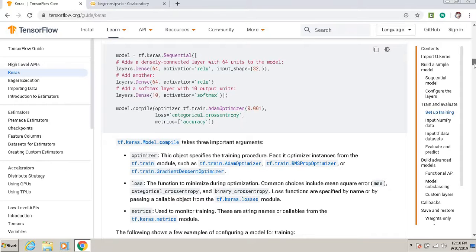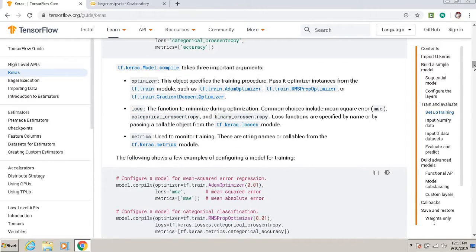In compiling you have to specify three things: optimizer, loss and metrics. Now optimizer, you can go for Adam, RMS or gradient descent. The students who are studying neural networks can understand this.